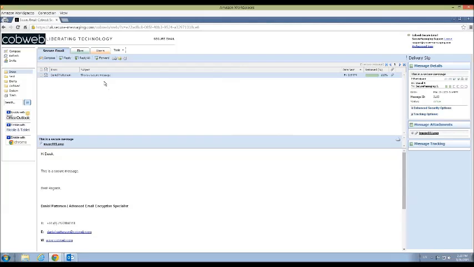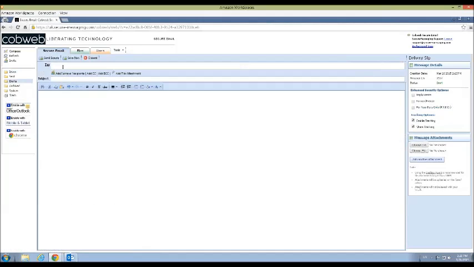Accessing messages is as simple as selecting the message. We can easily compose new content. We can send these messages to really anyone that we want. This is, at the end of the day, a very simple webmail portal, but with a few things that you won't find within your regular email. If you look over on the right-hand side, we have the delivery slip. You'll remember that the delivery slip is affixed to every single secure message that's composed or received using this tool.